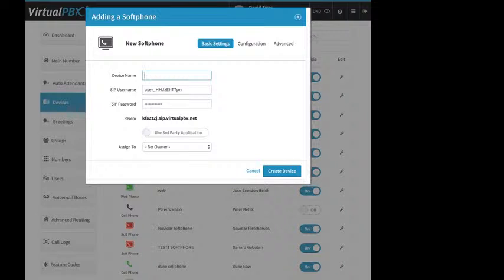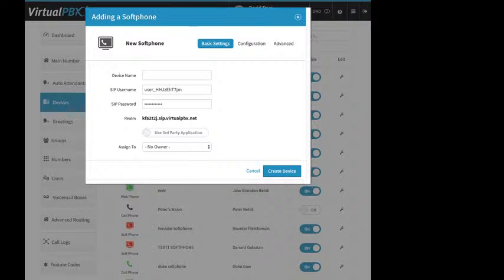So you give it a device name, then you're going to copy and paste. You don't want to change the SIP username. If you click on the SIP password box, you'll see the password. You copy and paste that, and then you copy and paste the account realm, and use those three pieces of information to program that application or that VoIP phone. Now, we do have some guides for some devices and some other applications. We don't have guides for everything out there because there's just simply too much. But hopefully there's a guide that's close that will help give you an idea of what